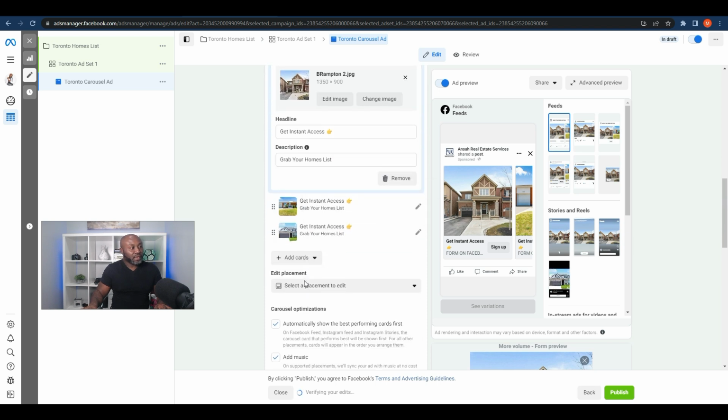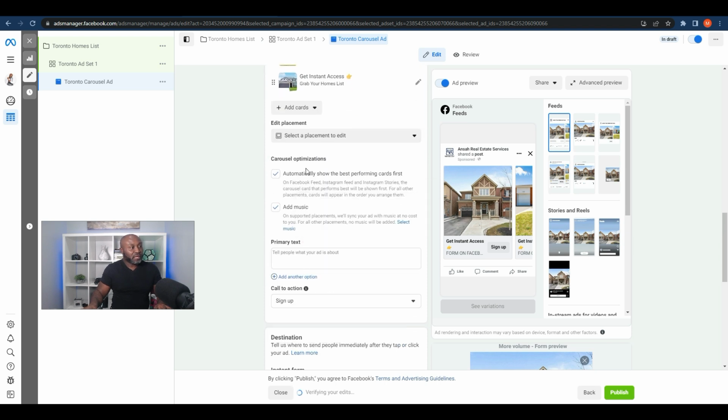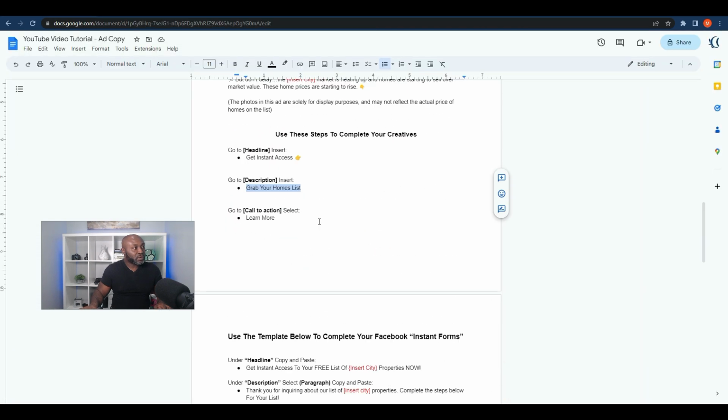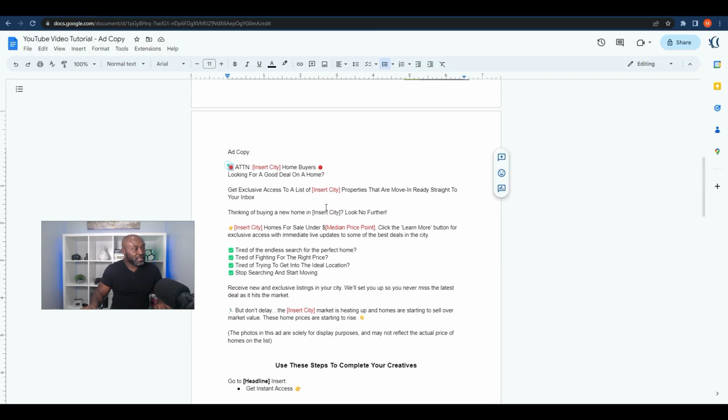So moving forward, here you have automatic placements, leave that all the same. And so here's where we're going to have the primary text. Okay, so we're going to copy the ad copy and make the changes on there. So go back